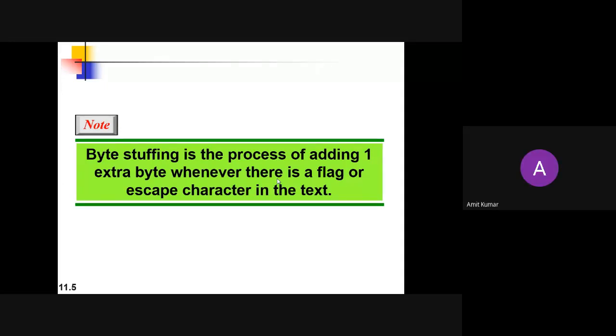So this is byte stuffing. Byte stuffing is a process of adding one extra byte whenever there is a flag or escape character in the text.